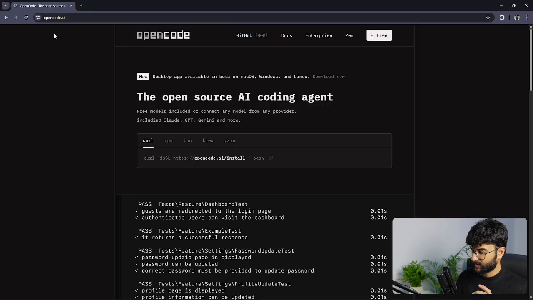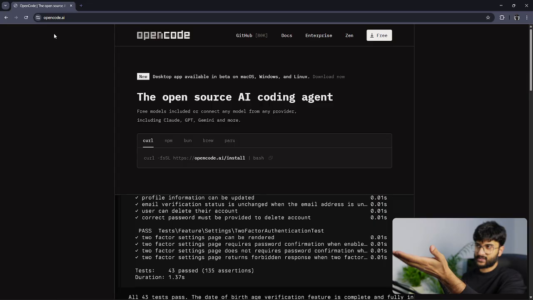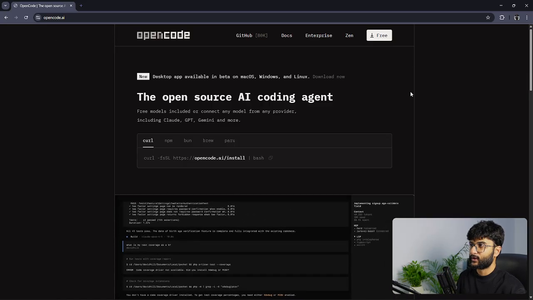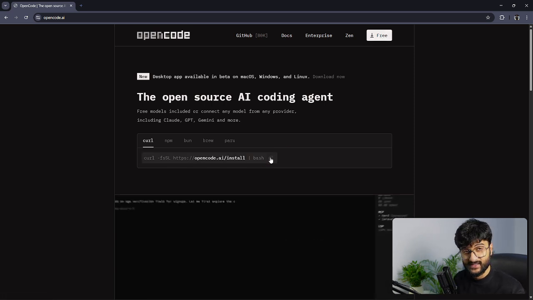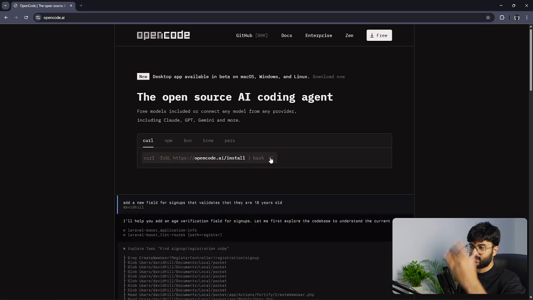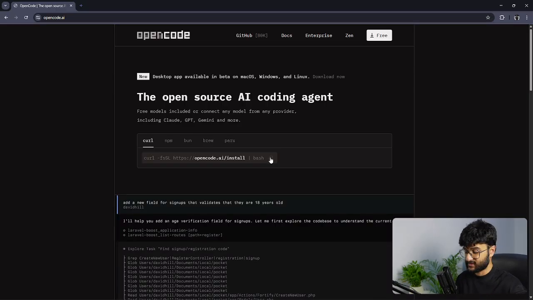So let me show you exactly what that looks like, right? Let's go ahead and start using OpenCode. Now, for those of you who haven't downloaded it, you can download it for free over here, or you can copy this command, paste it in your terminal, run it, and that will install all the dependencies that you need for